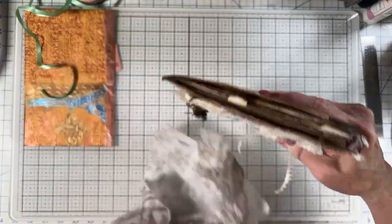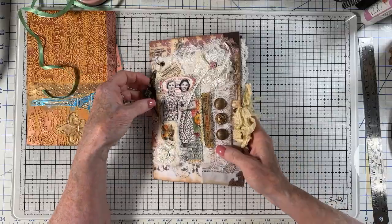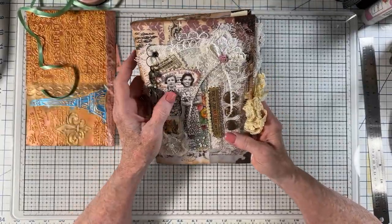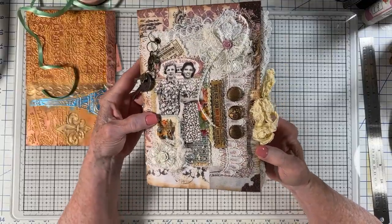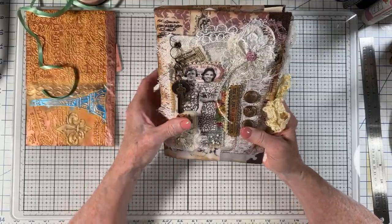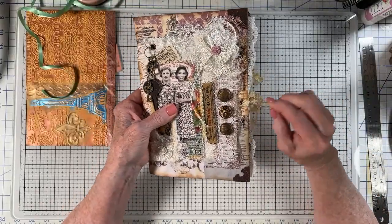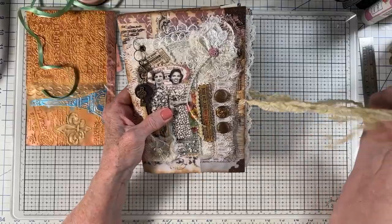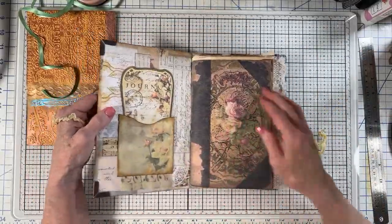I'm pretty excited. So this is it. Oh yeah, check that topper out. That's like a little quilted. Oh, this is cute. Love, love, love already. Okay, let's take a peek. We're just going to look real quick. I just want to show you a couple pages. I am not going to flip through this whole thing, but